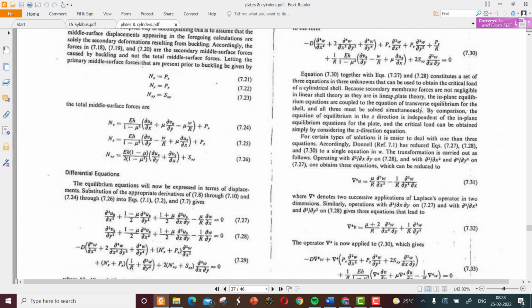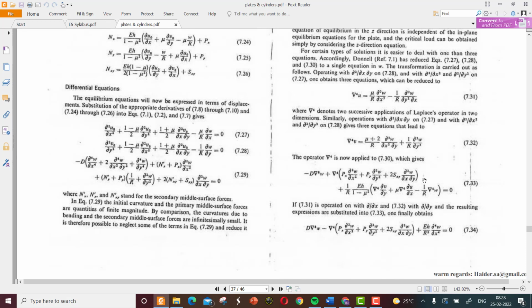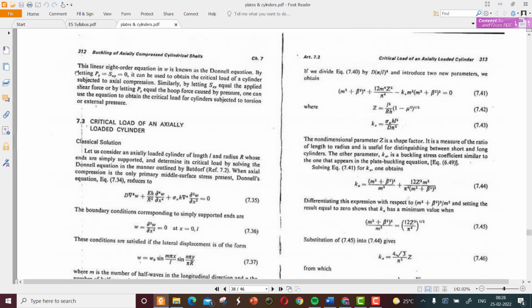You can read through the assumptions taken for neglecting the higher order terms. This linear eighth-order equation in w is known as the Donnell equation,